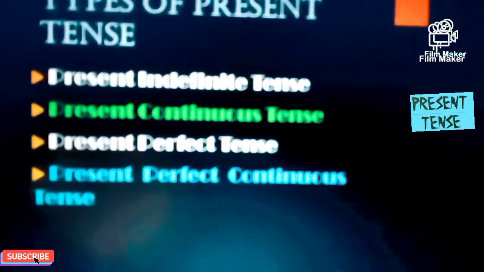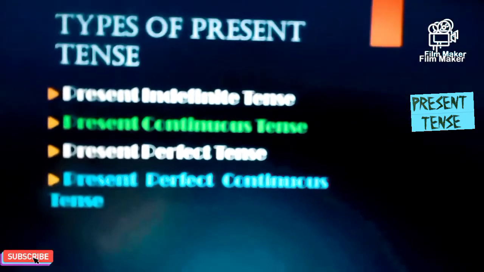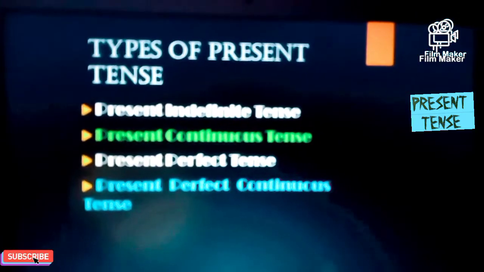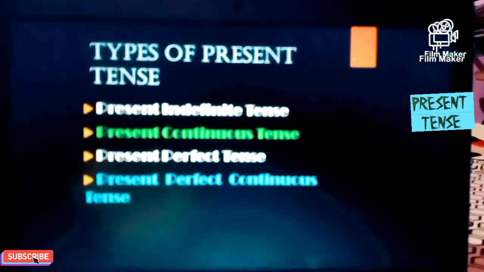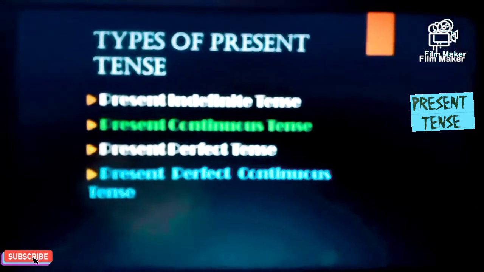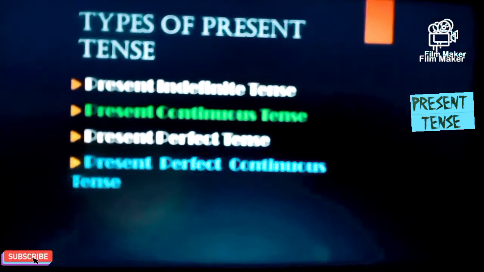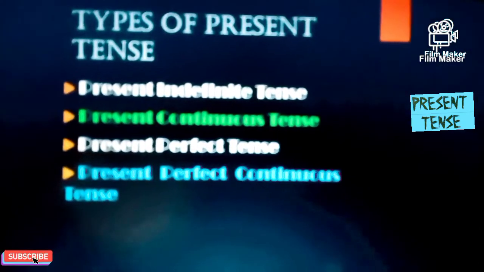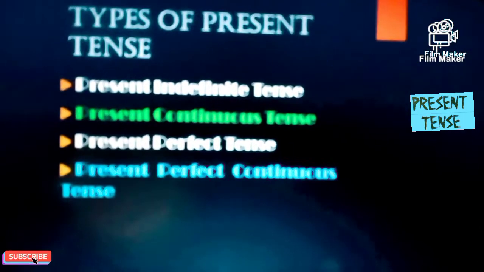Second, present continuous tense. Third, present perfect. And fourth, present perfect continuous tense. These are the four tenses, so we shall deal with them one by one in this lesson, their structures, their formation of sentences and their usages. Let's begin